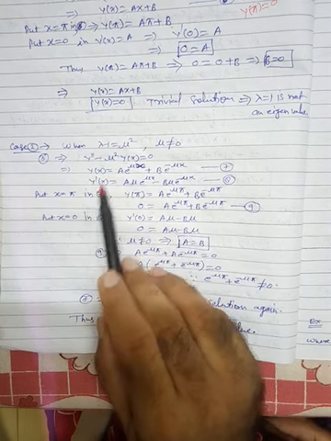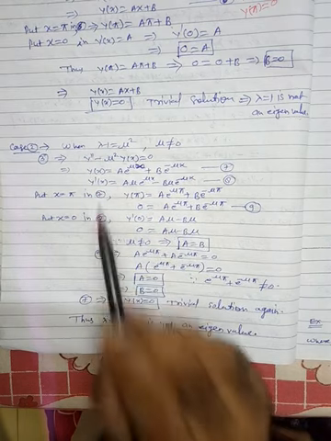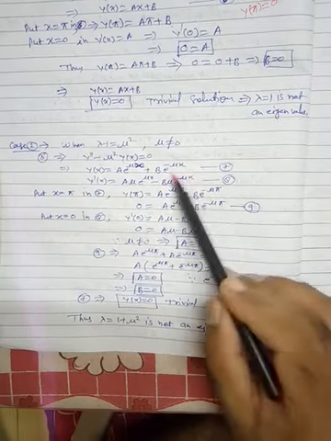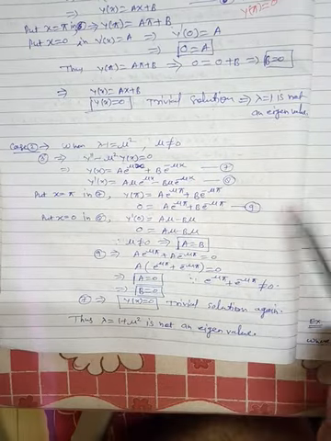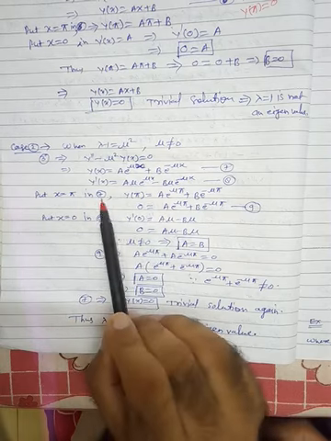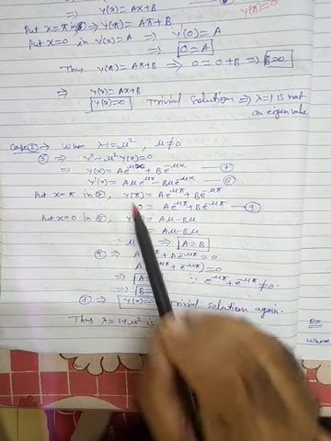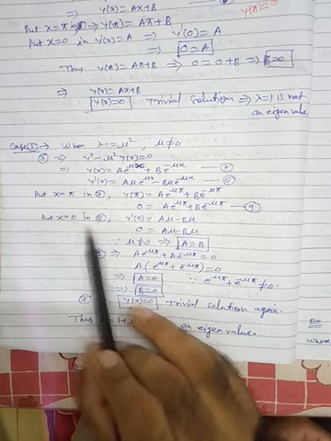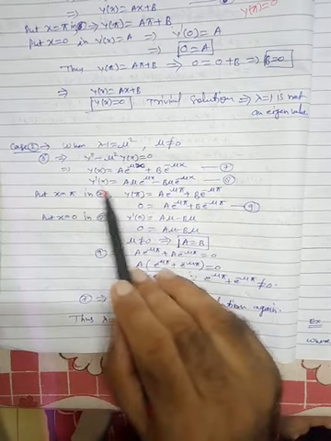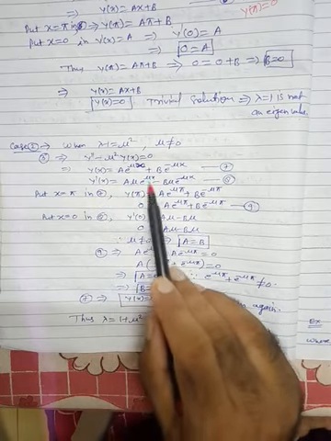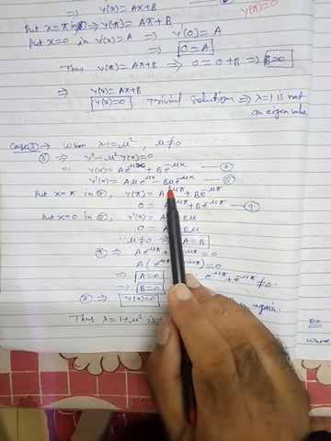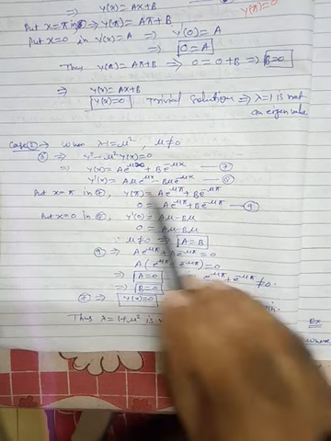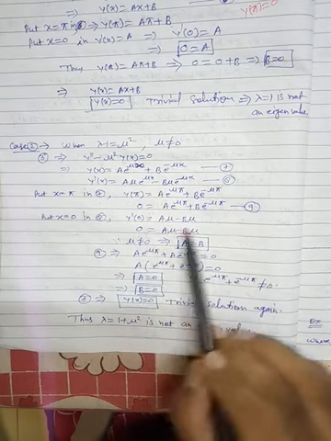Now differentiate this to get y dash of x, because one of our conditions is in terms of the derivative. Now we have two equations, equation number 7 and equation number 8. Now put x equal to pi in equation number 7. But y at pi is 0, so 0 is equal to this, and this is equation number 9. Now put x equal to 0 in equation number 8: y dash at 0 is equal to a mu e raised to the power 0 minus b mu e raised to the power minus 0. Both e raised to the power 0 and e raised to the power minus 0 are 1.